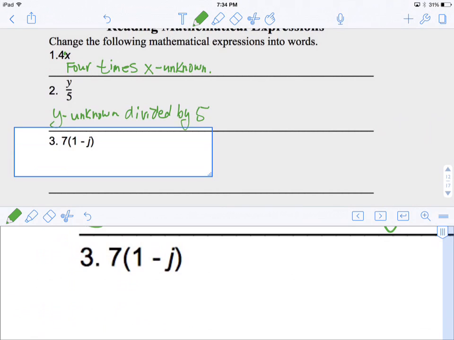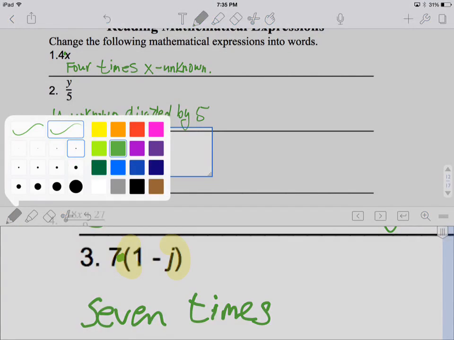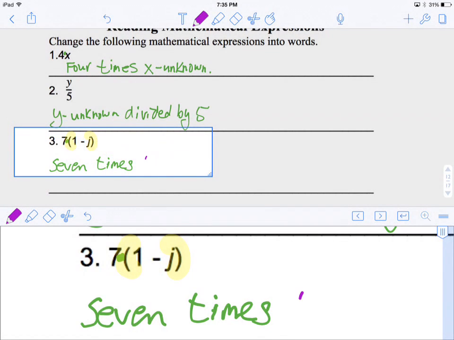Okay. Number 3, we have something next to each other with nothing written. So we have 7 next to this parentheses. So what this really means is 7 times 1 minus j. So every time that we see something next to it, I'm going to put the dot to help you remember the times. So this is 7 times, and the parentheses group it together. So these parentheses make this the quantity 1 minus j. It puts them together. Times the